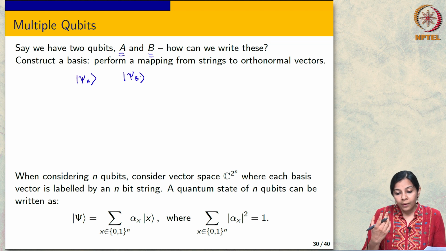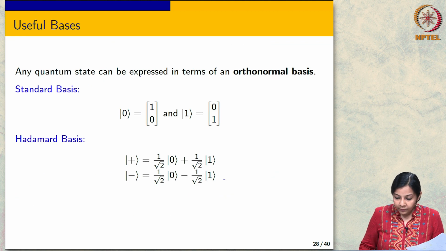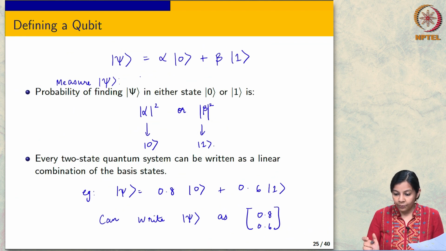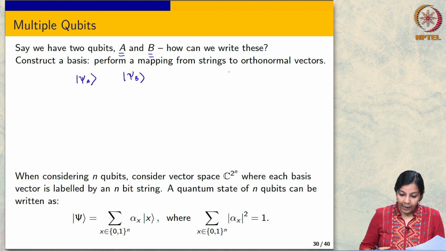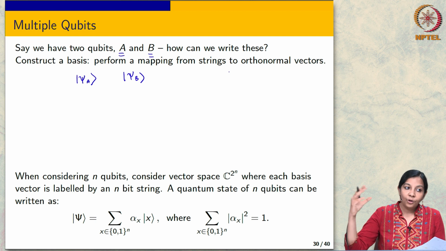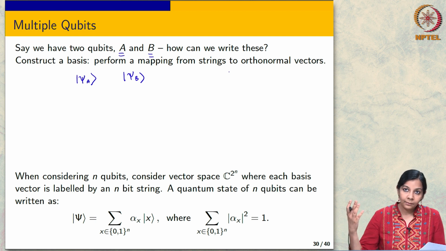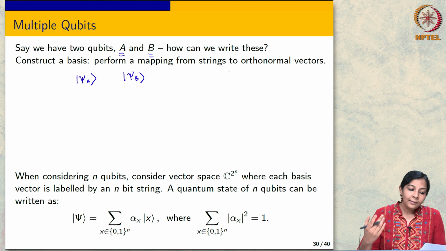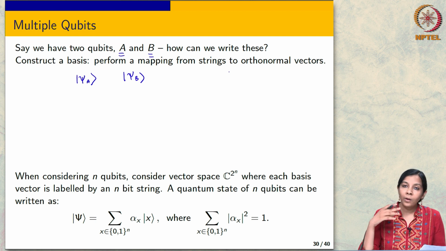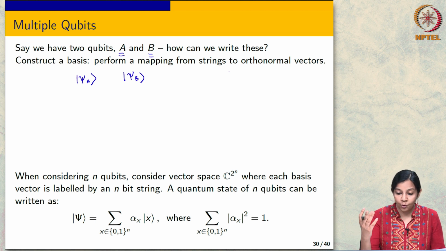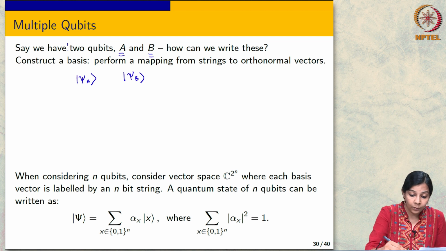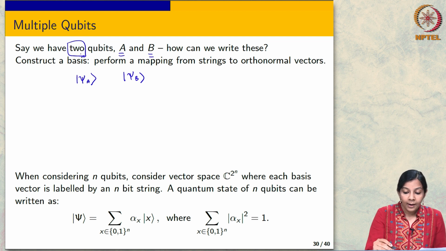First of all, now I have two qubits. Can I still write it as a linear combination of some basis vectors? This is the first question, right? And the answer is yes, of course you can, but you need to extend your basis vectors to handle a larger dimension, and this is not hard to do. So what's the first idea that would come to you for the case of 2 qubits, which is what we are looking at here?